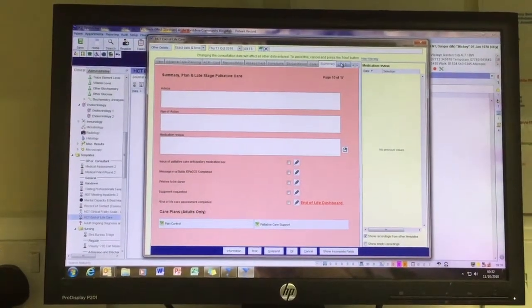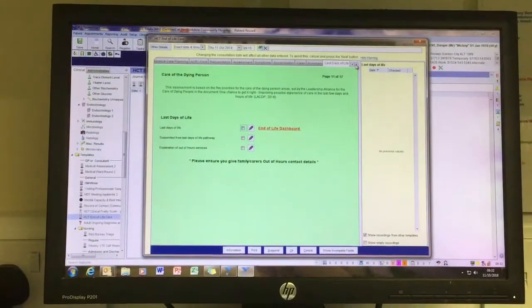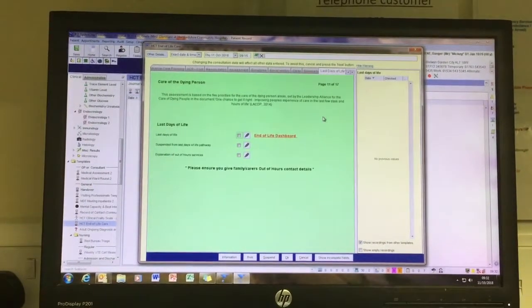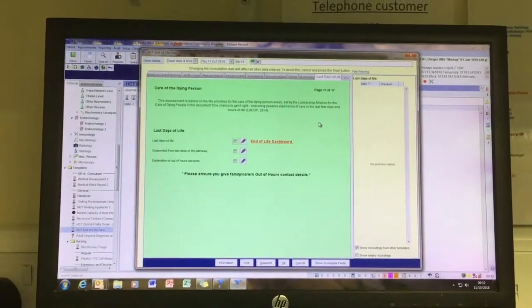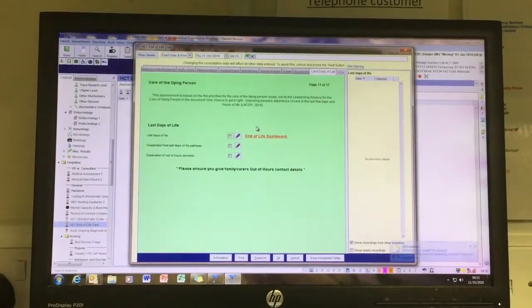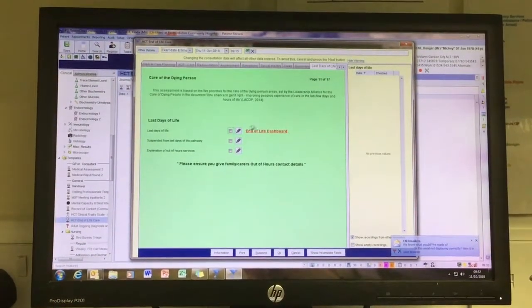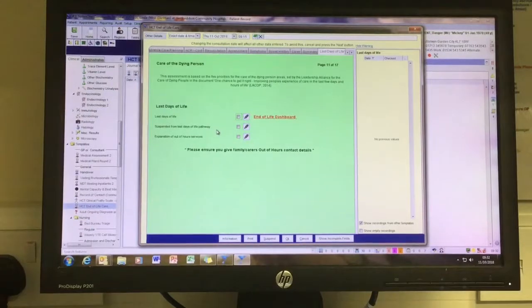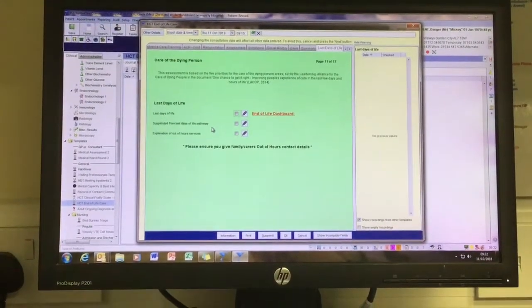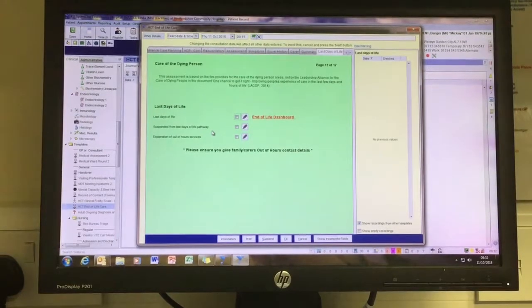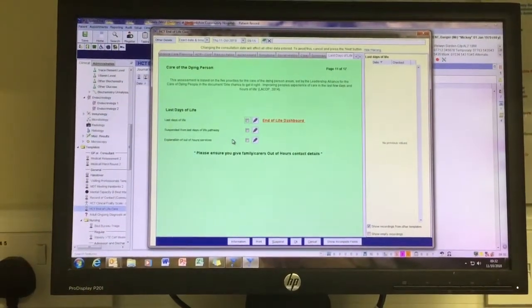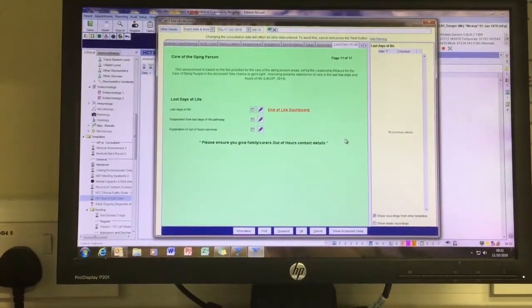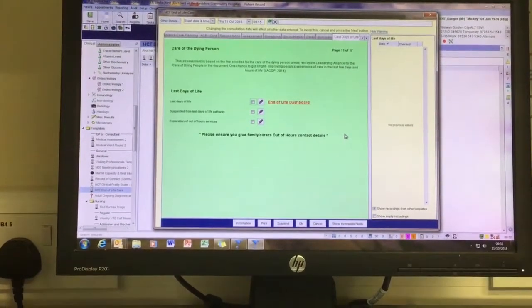So the next section is the green section, and this is for the last days of life. This has several pages to record things like pain management, including syringe drivers, identifying they are in the last days of life, so that will be recorded on System 1 and be available for people who come in to see them, like the doctors and the district nurses, to know. That's also used to ensure that just-in-case medications are available, ensuring equipment that they might need in their last days or weeks of life are in place, plans for stopping things like oxygen or non-invasive ventilation,